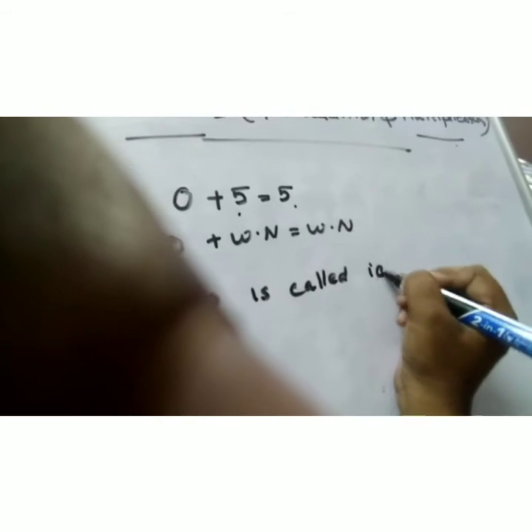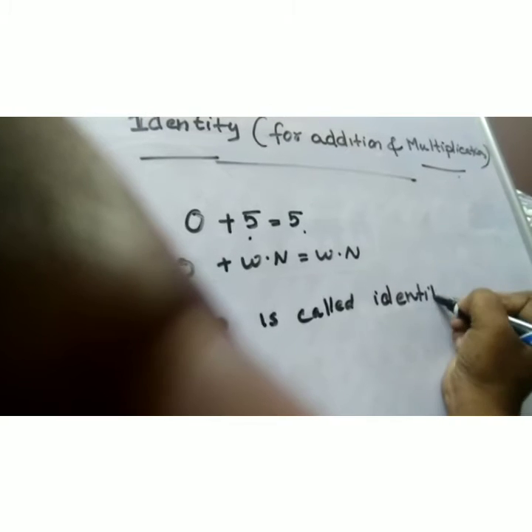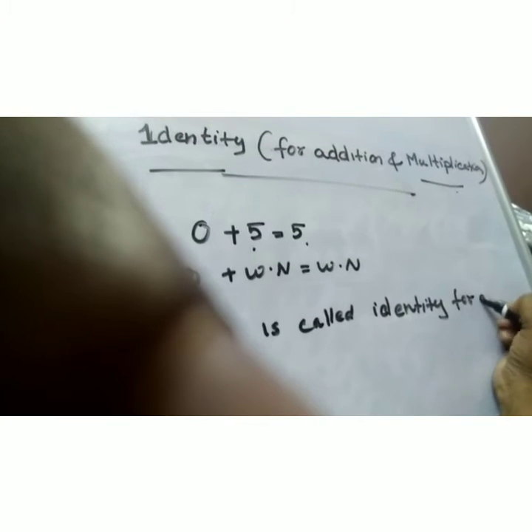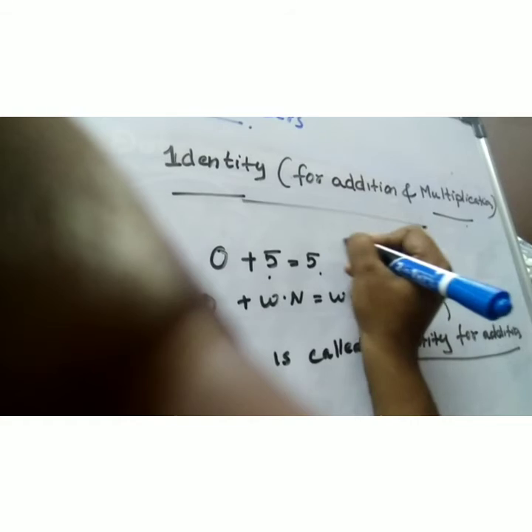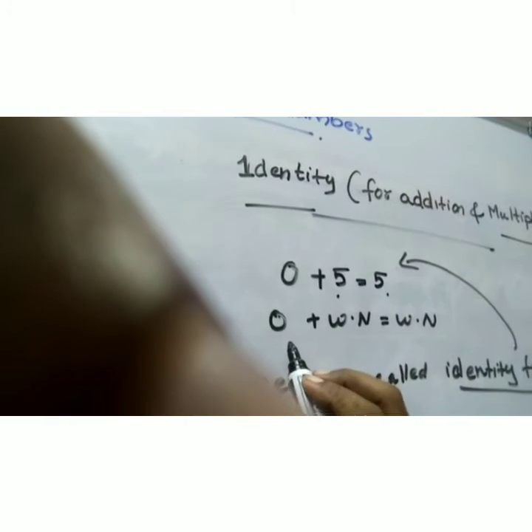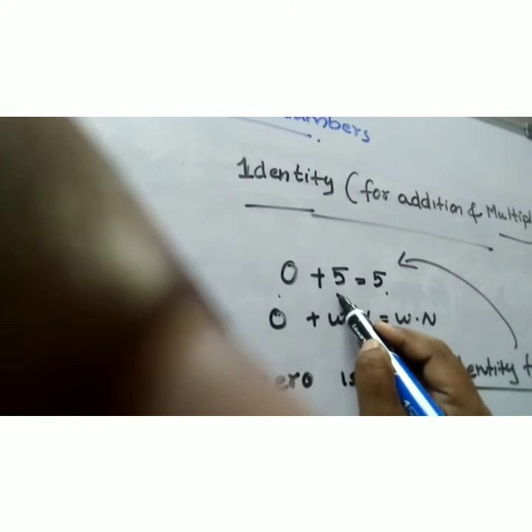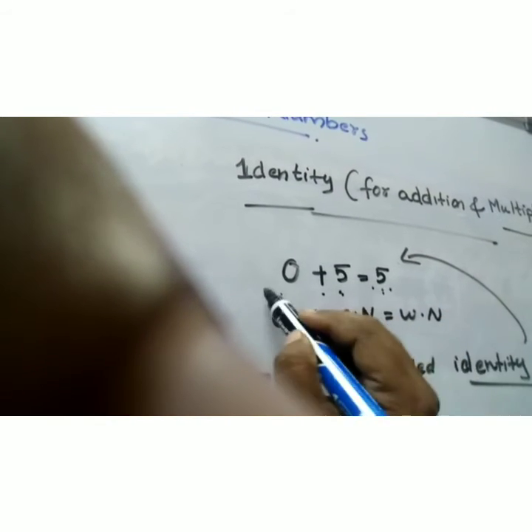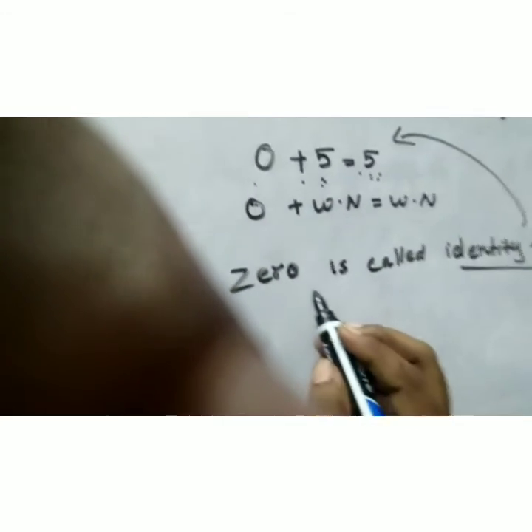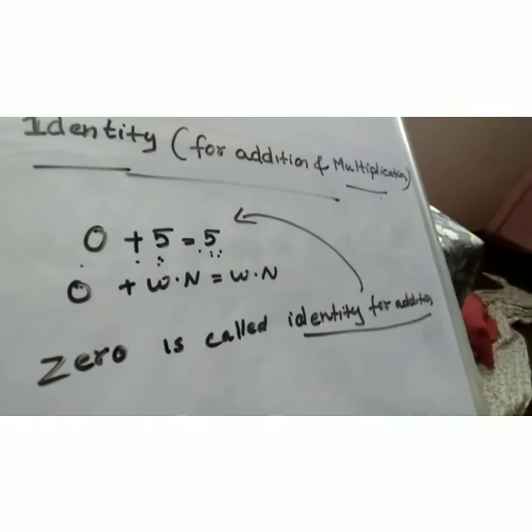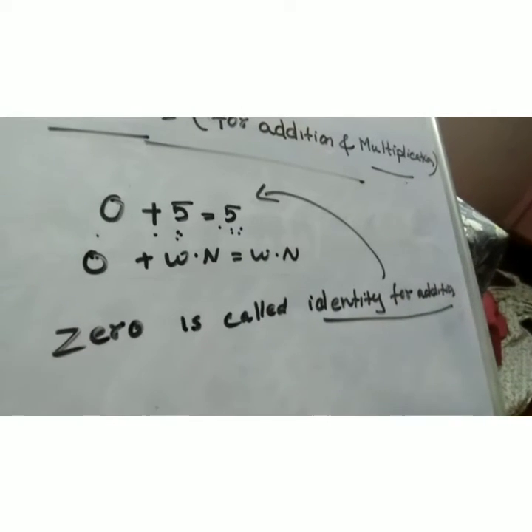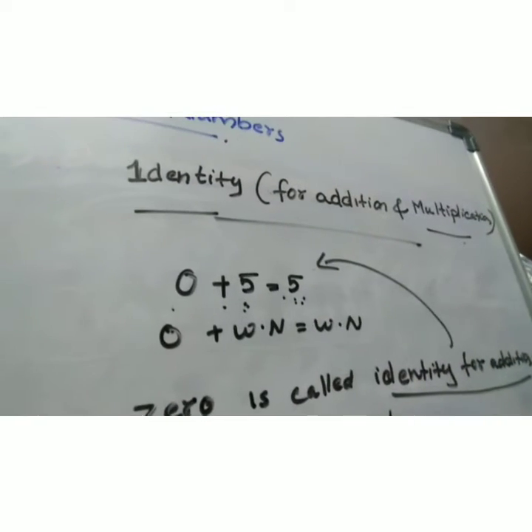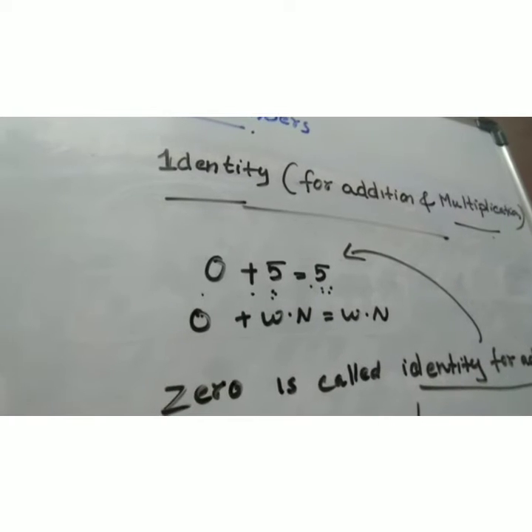That's why 0 is called identity for addition. Identity for addition. 0 is called identity for addition. Why? When you add 0 to any whole number, you get the same whole number again. 0 plus 5 is equal to 5. That's why we are saying 0 is called the identity for addition. Otherwise, we are saying additive